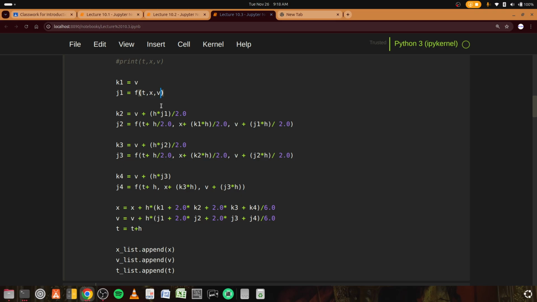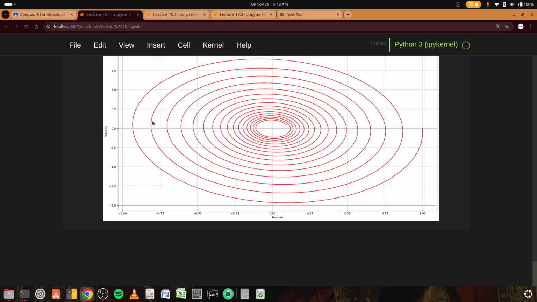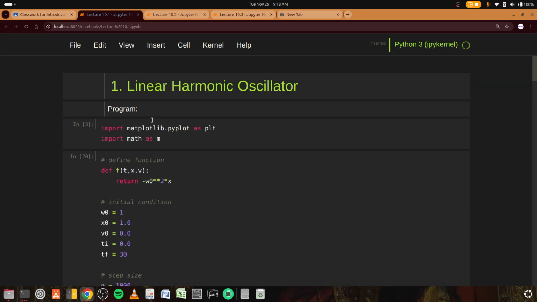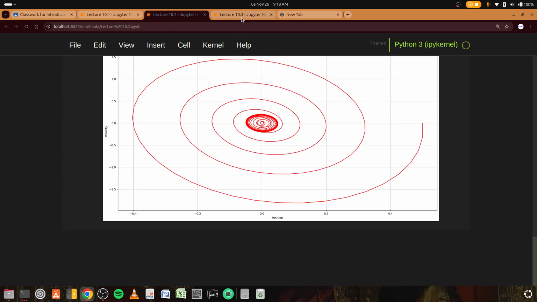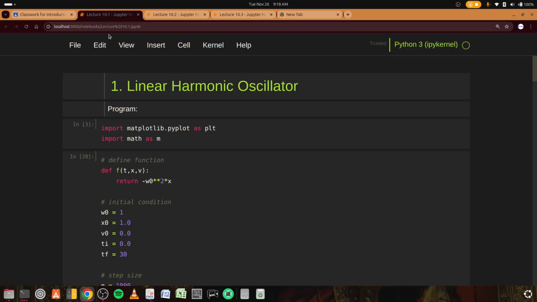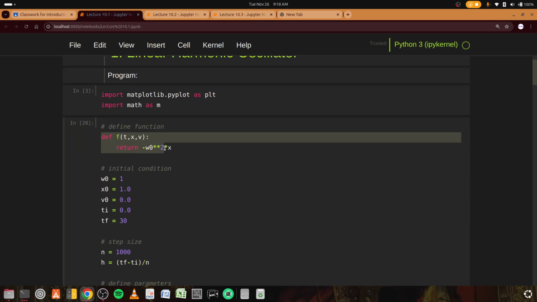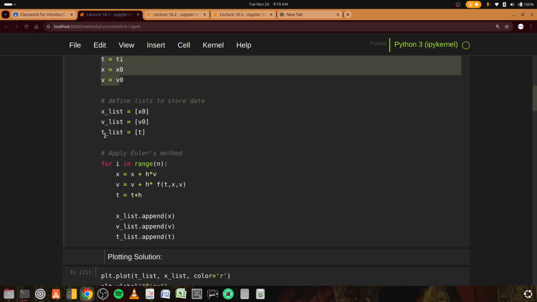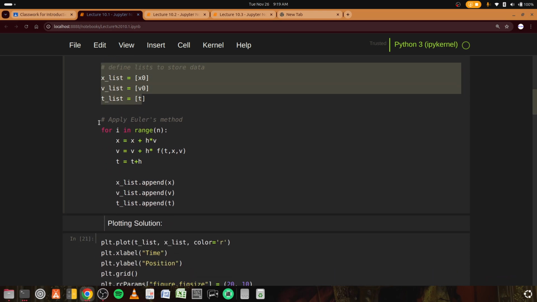So that is the Runge-Kutta method, and here we are solving using the Euler method. The Euler method is simple. Suppose you are solving this linear differential equation, up to just omega square x, right? Here the function will be like this, and here are the initial conditions, here your step size, and here you are defining the parameters, and here define the list, and then there is the Euler method that x will be equal to